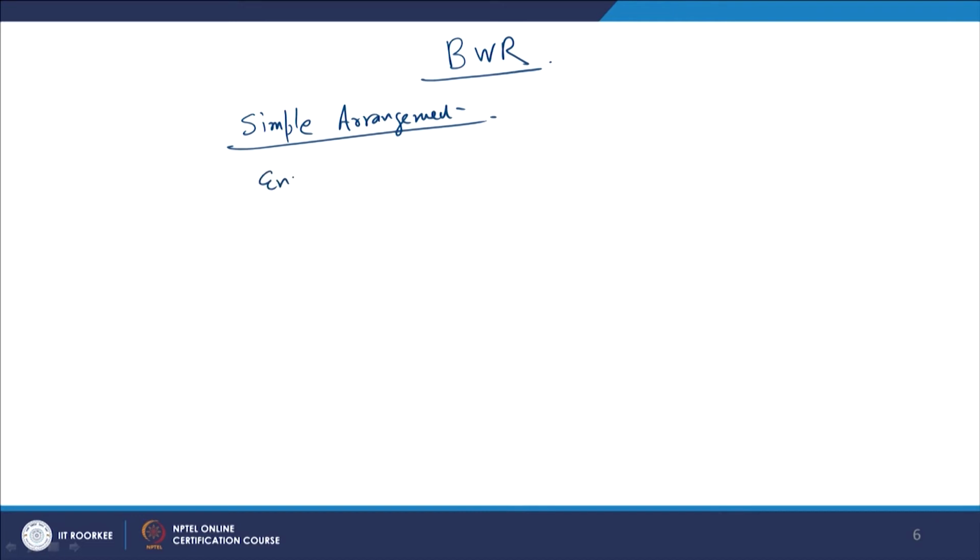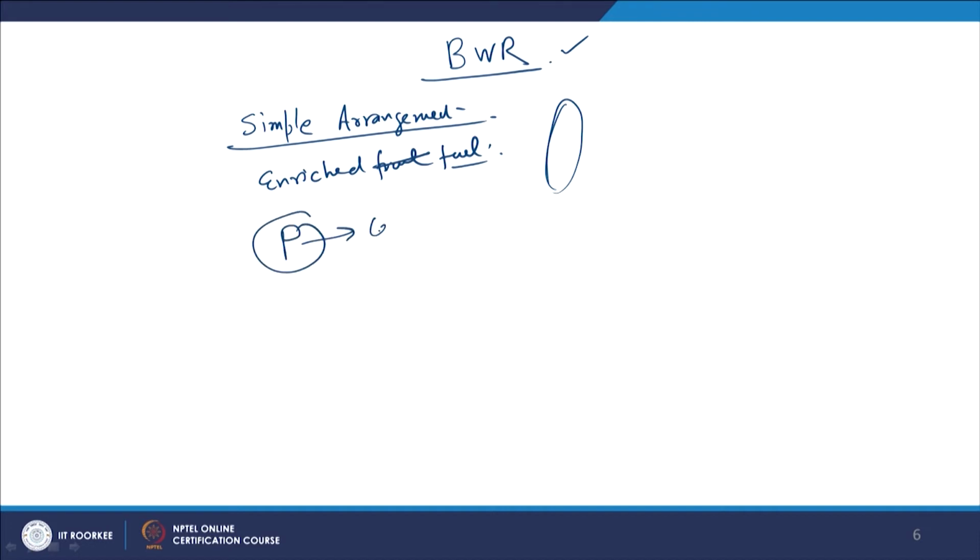And enriched fuel is used in this type of reactor. Natural circulation is possible in the boiling water reactor. And here in the boiling water reactor, the pressure has to be maintained constant. Pressure has to remain constant. Suppose there is a part load, there is a sudden decrease in the load. In that case, steam bypassing is done. So, when we are bypassing the steam, the same amount of fuel is used, but less power is generated.